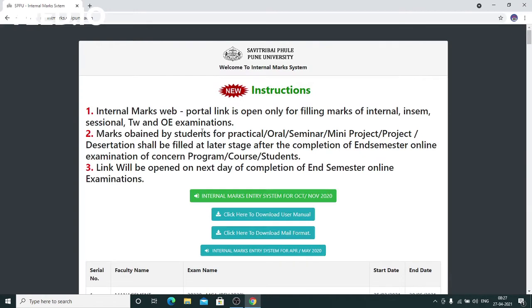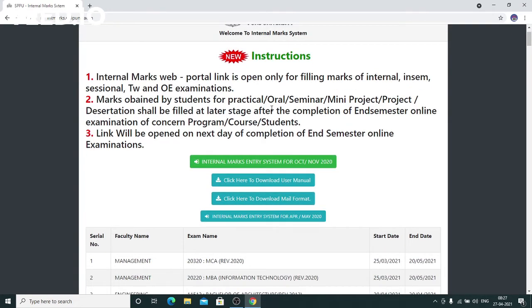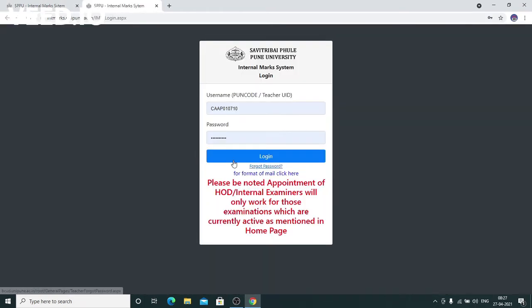Once you click on the login now, the next login window will appear. From that window, choose the option internal marks entry system. After that, the next window will appear. It is the internal marks entry login.